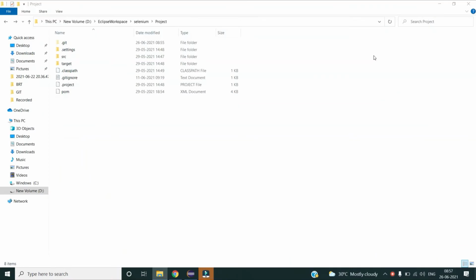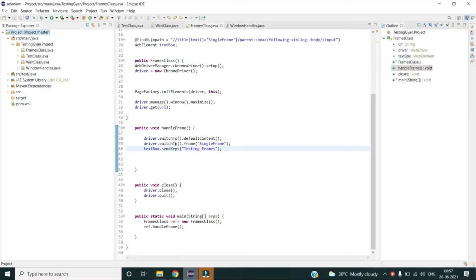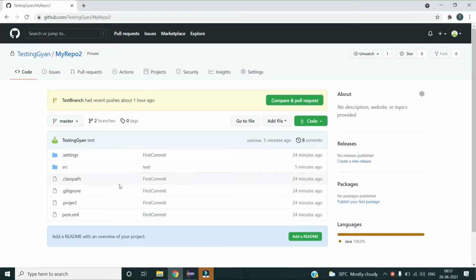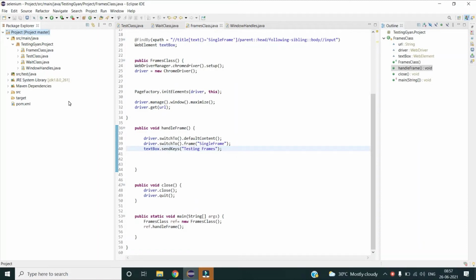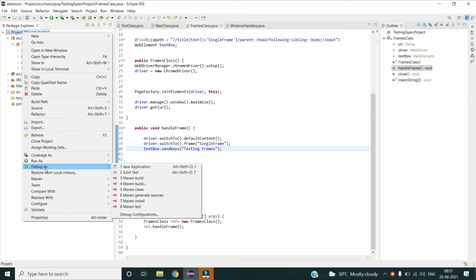Now let us see how we can resolve the conflict using the Eclipse EGit plugin. To show that, I have opened my Eclipse project. This is my project in my local system, and this is my remote location project, and currently both of these projects are in total sync with each other. So if I try to do any pull or push operation, it will give me everything up to date.